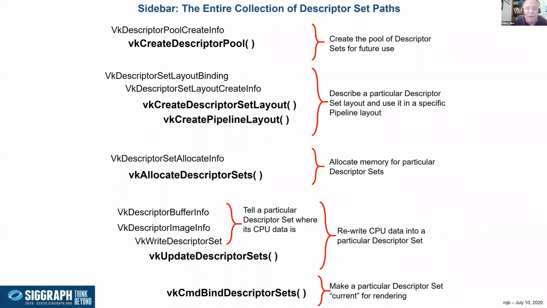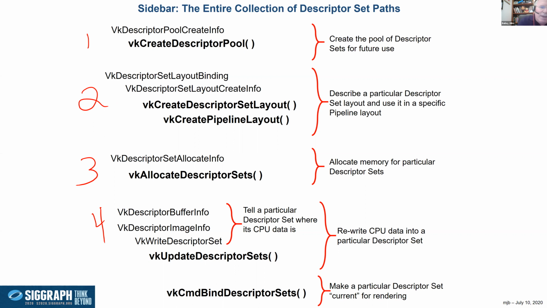So here's kind of a summary. Step 1, you've got to create the pool. You don't create them on the fly, you pull them out of the pool. Step 2, you figure out the layout of each descriptor set and let the pipeline layout know about that. 3, you allocate memory for the descriptor sets. 4, at runtime or at graphics time, you update the information in the descriptor sets, which updates the information in